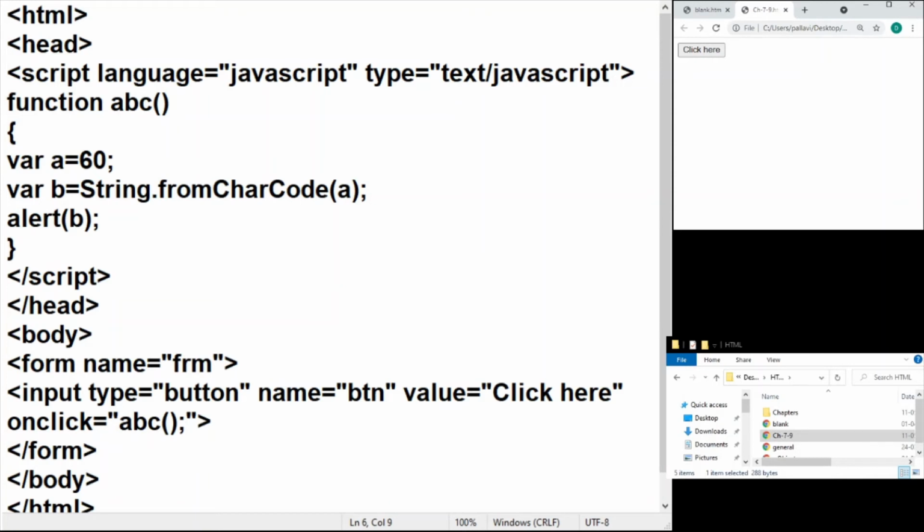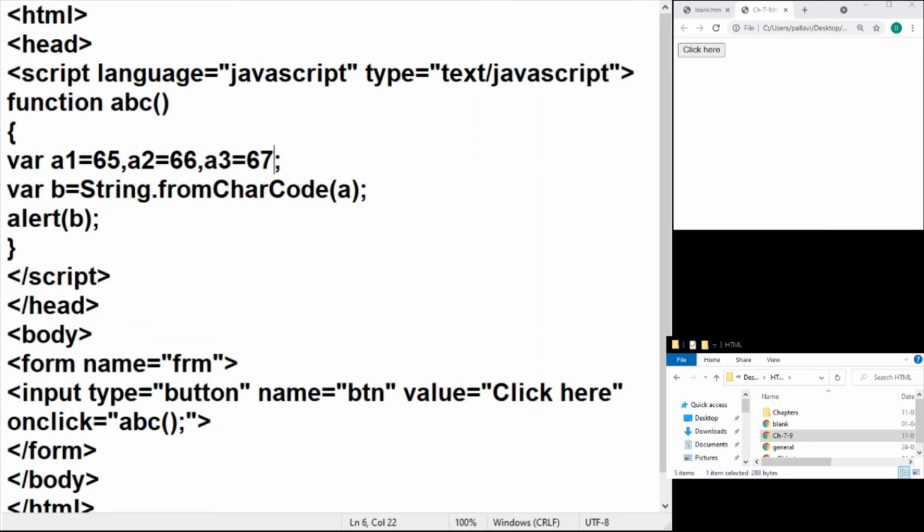For example, let's say I have the variable a1 storing 65, a2 storing 66 and a3 storing 67. If you know the table, a1 is the ASCII of capital A, a2 of capital B, and a3 of capital C.